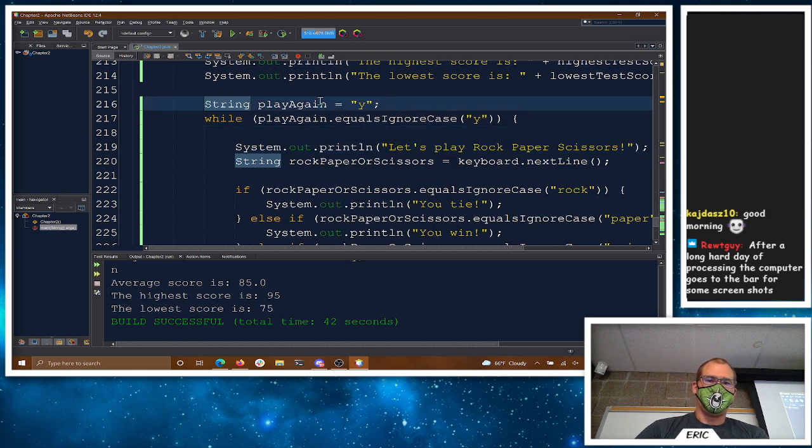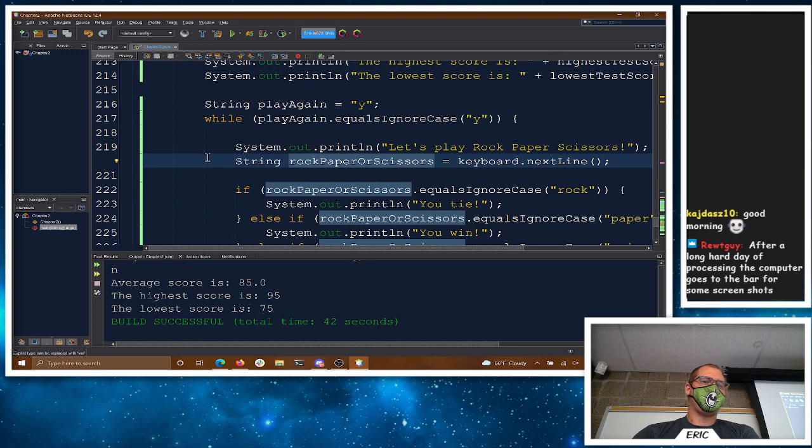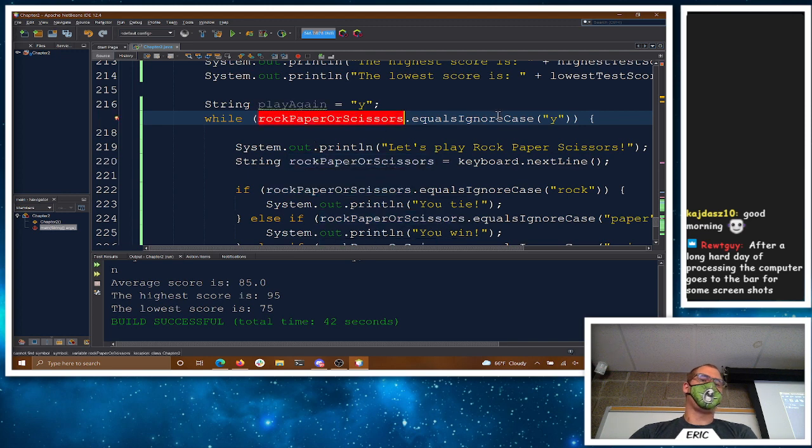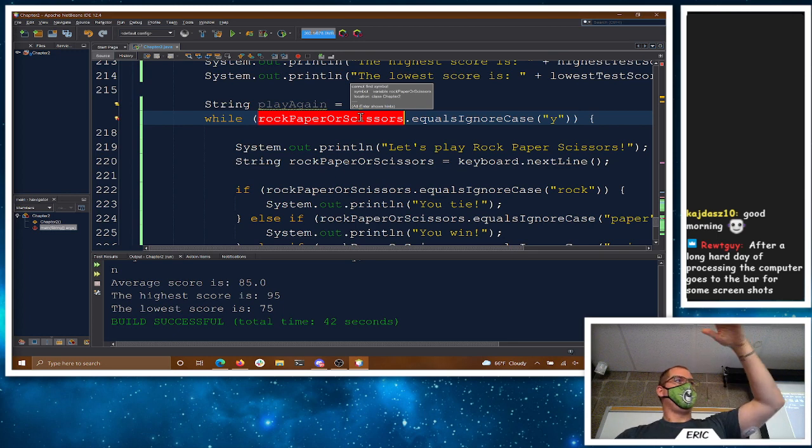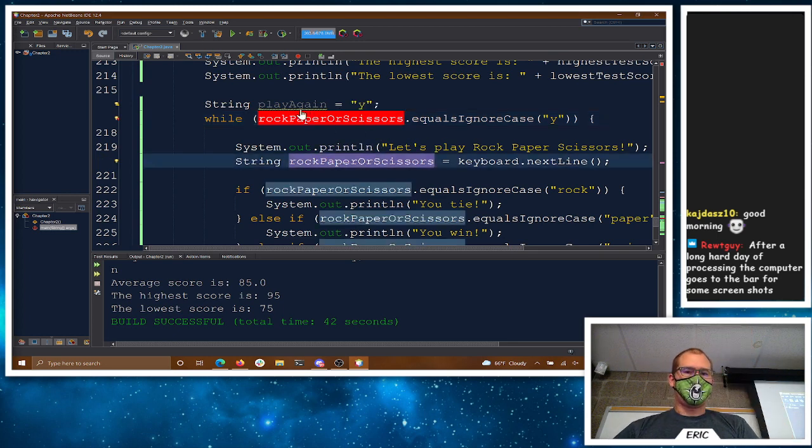So let's change this up a little bit here. So we need to move this value. So if I declare this string rock, paper, scissors inside the loop, I can't check this here. I can't say, hey, rock, paper, scissors equals something. It's going to tell me cannot find symbol. Java starts at the top and works its way down. So if you want to use a value, you would have to declare it above. Then I can have it inside my loop. So we'll start this rock, paper, scissors thing